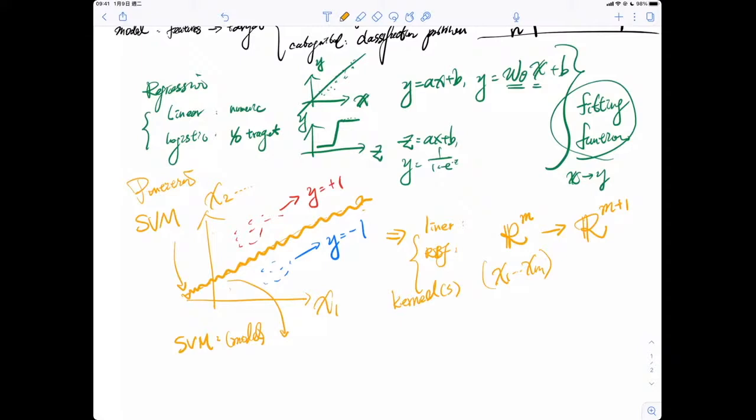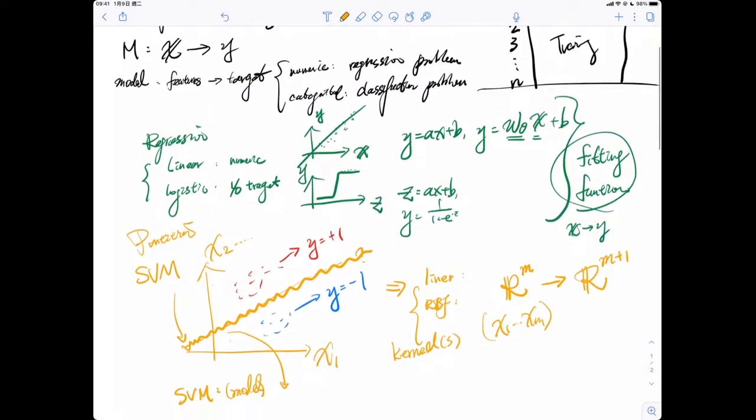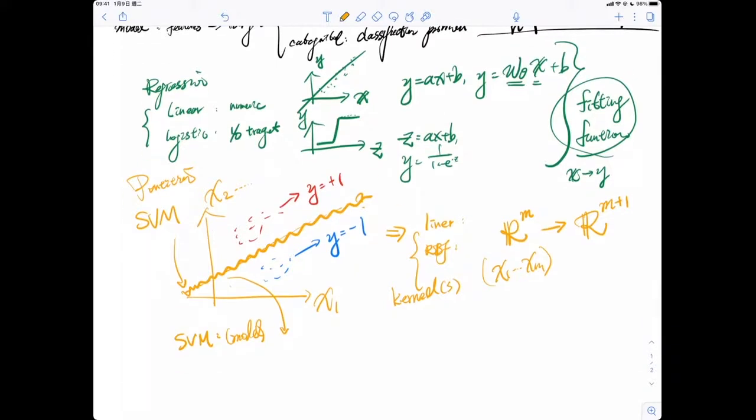Unlike the fitting functions, the green ones, which describe the relationship between x and y, in SVM this model describes this line or this surface, and this surface can make a nice partition. And the third,